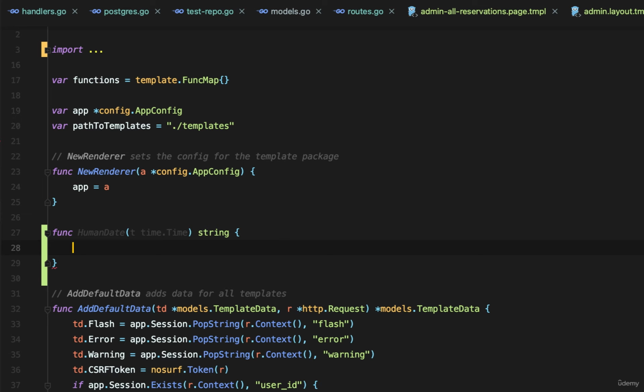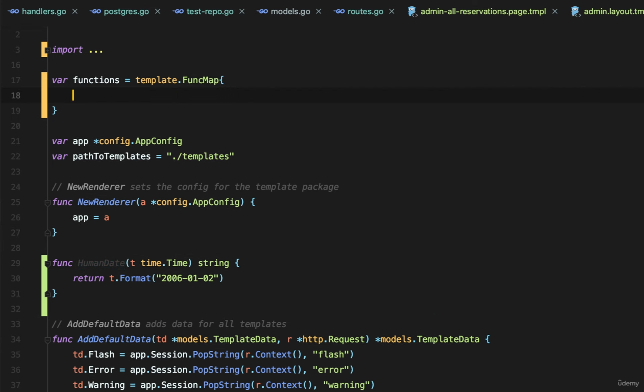And all I'm going to do is take that time that I'm passed and send it back in a particular format. I'll return t.format and give it the layout, and the layout I want is year in 4 digits, and then the month in 2 digits, and then the day in 2 digits. And this is again using that strange reference time that Golang uses. Now I've defined this as human date, and in my func map I can actually put in a name that I can refer to in my Golang template, which I'll call humanDate with a lowercase h, and that's going to be equal to humanDate